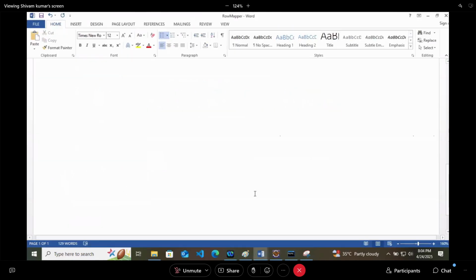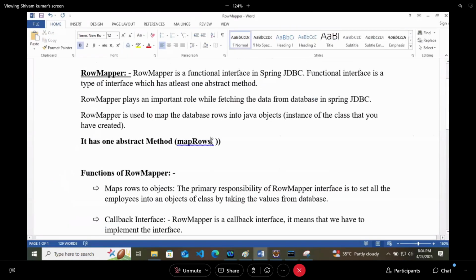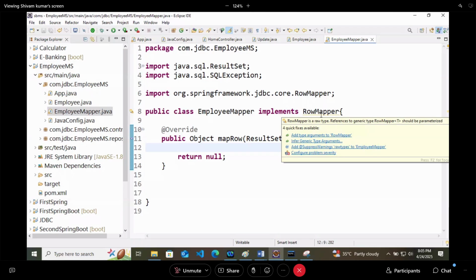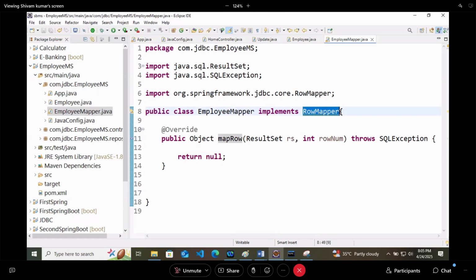Wait a minute. Here this row mapper is giving some warning. Now let's try to understand what you are doing here.